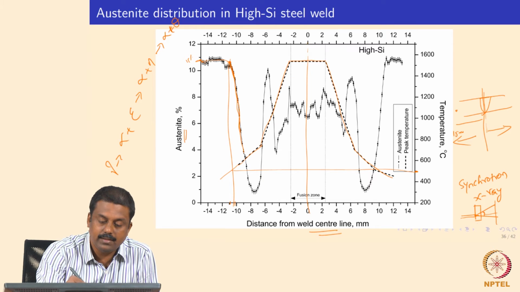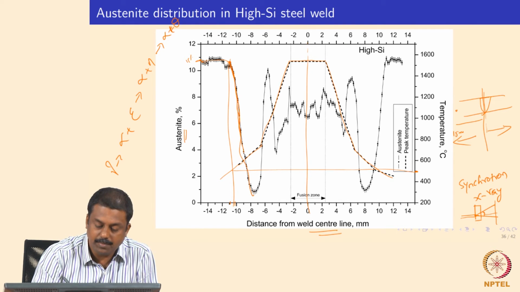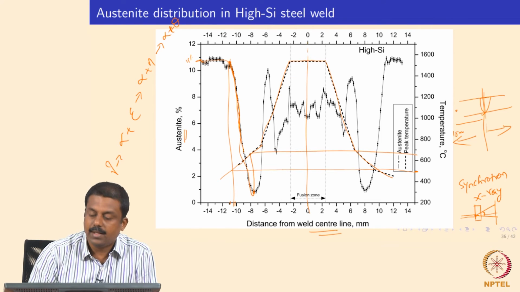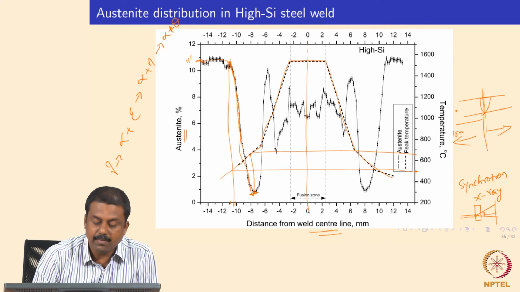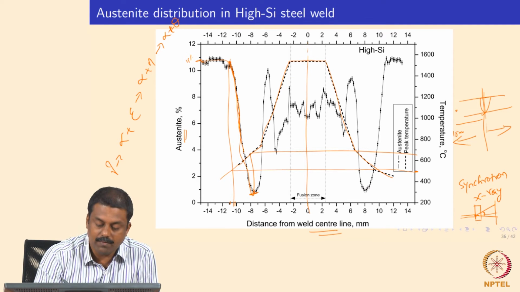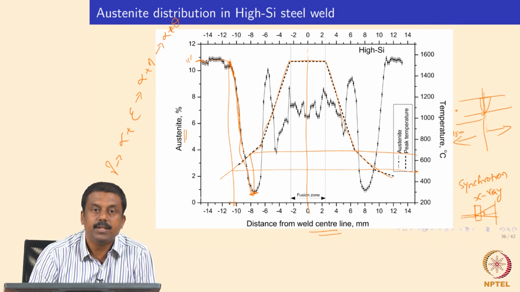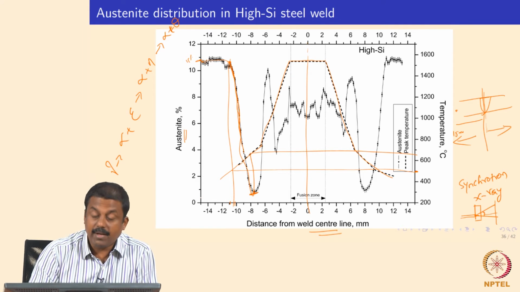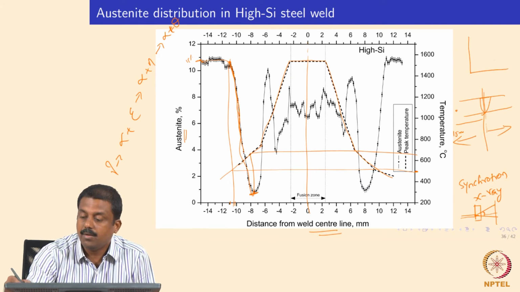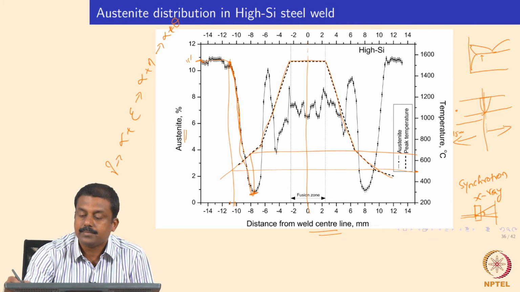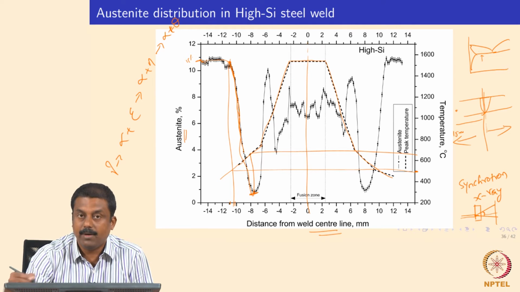So you see that when the temperature is going above 500 degrees centigrade in the weld zone, the retained austenite decreases continuously. At this point, somewhere over here around 650 to 700 degrees centigrade, you reach the minimum value. Okay, so the value of retained austenite is almost close to 0. So that means that we have not nucleated new austenite. So new austenite nucleates when the temperature goes above your A1 temperature, right.